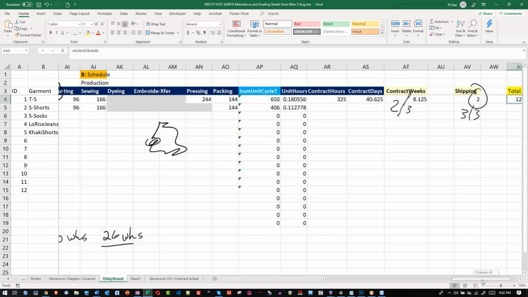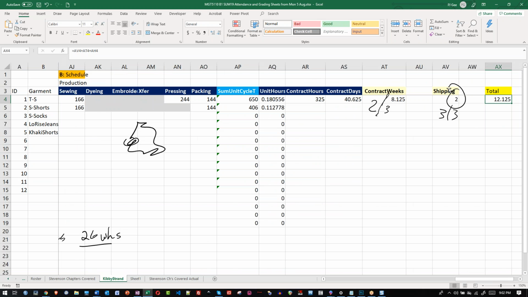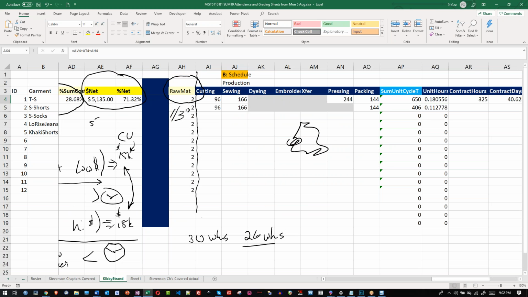Victor Tango Hotel, right? So we added the shipping time, which is Alpha Victor, AV. Tango, Alpha Tango is the production floor. How long did it sit on the production floor? And the first one was Alpha Hotel here, and that was how long did it take us to get the